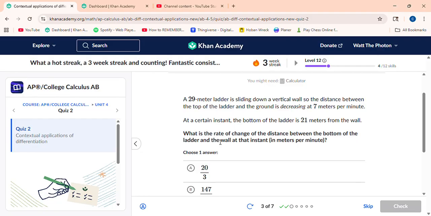To get 0 is equal to, is that right? I think that's right. Yeah. Is equal to 2 times 20 times negative 7 plus 2, and then